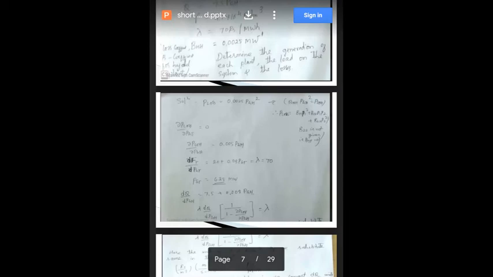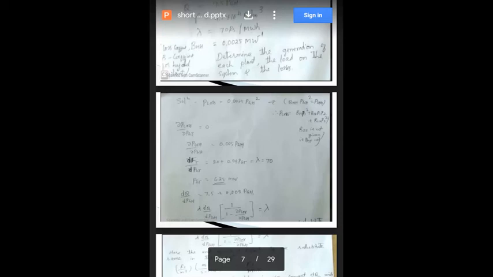See, power loss is a function of generation. So you have loss equal to B11 P1 square plus B12 P1 P2 plus B22 P2 square. Since the loss coefficient with respect to thermal generation is not given, we have taken B22 equal to 0. So you can write P loss equal to 0.0025 PGH square, with respect to only the hydel power plant.